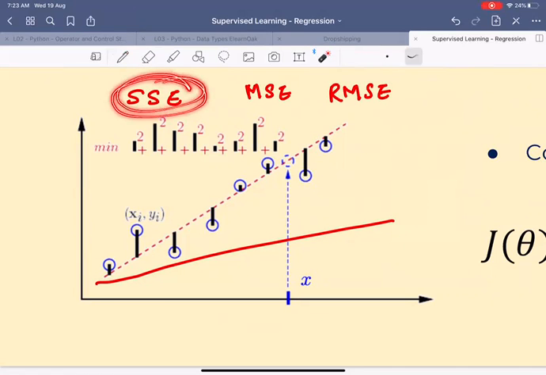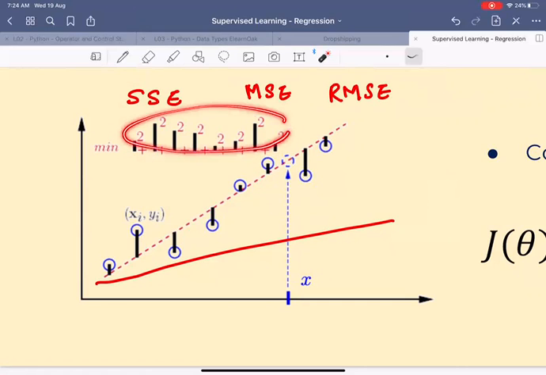This sum of square errors will be a big number. Why? Because it has added all the errors for each of the points. But we would want a sense of what the mean squared error is. So you take this entire term and divide by the number of data points. Let's say we have 20 data points. You divide by 20 and you get the mean squared error. And if you take its square root, you get the root mean square error. This will be closer to the actual error between our prediction and the data that we have. Generally, these are the methods that people use.